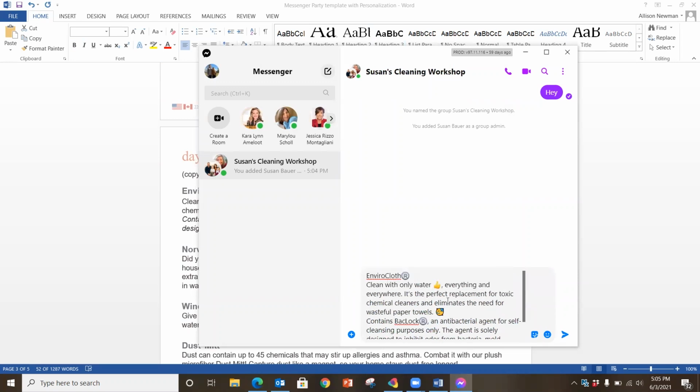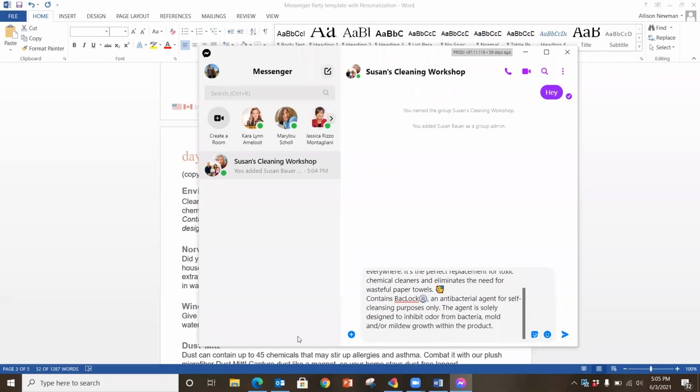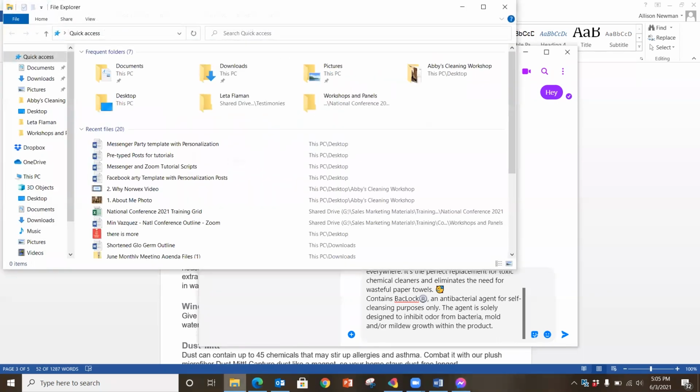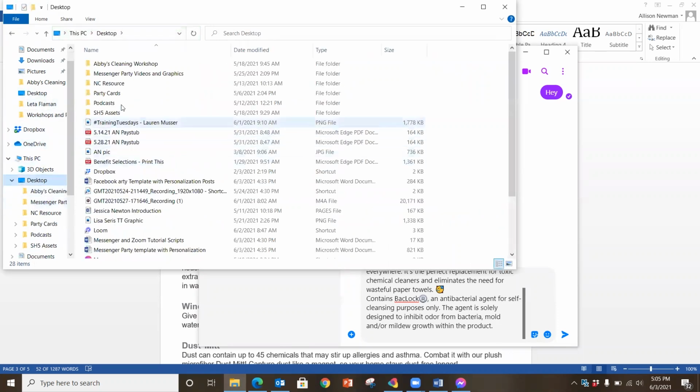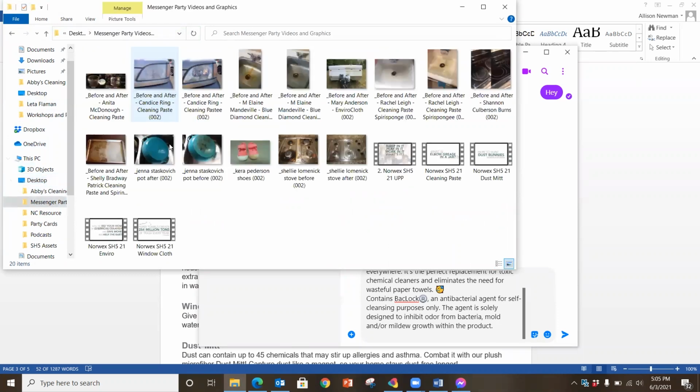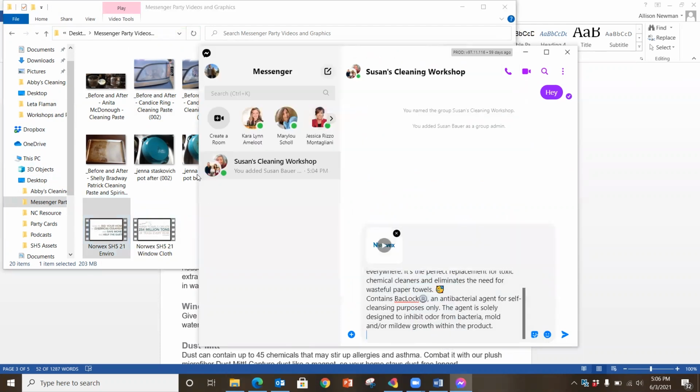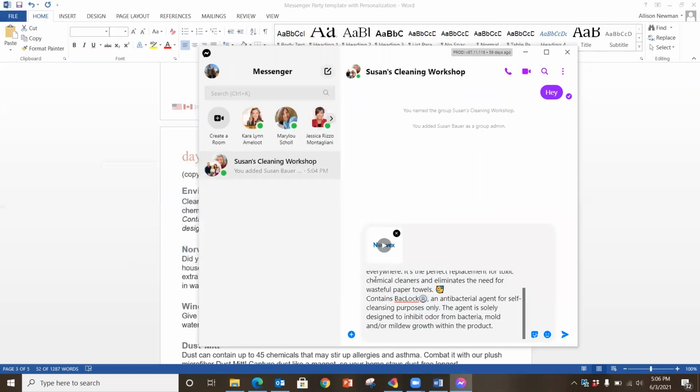So with this post, I also want to add a video. So I'm going to go to my desktop. I have already downloaded and saved all the videos that I want to use from the resource to my desktop. Messenger Party videos and graphics. So here they all are. I am going to grab the 1-minute EnviroCloth demo video, and I am going to drag that over to the message. So now you see in my post all the verbiage that I put in there and the video. All you have to do is hit send,